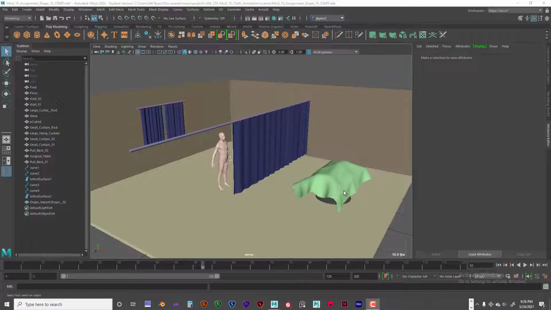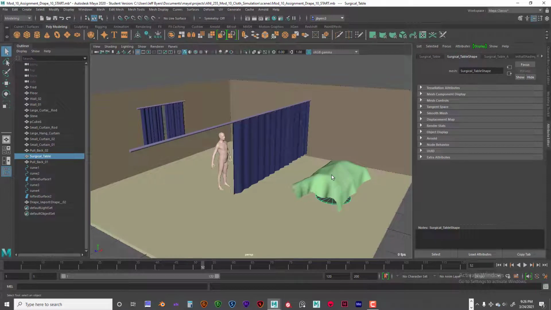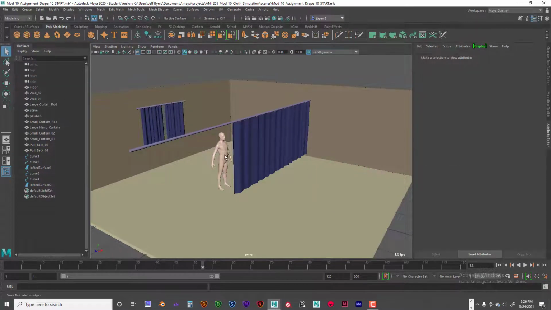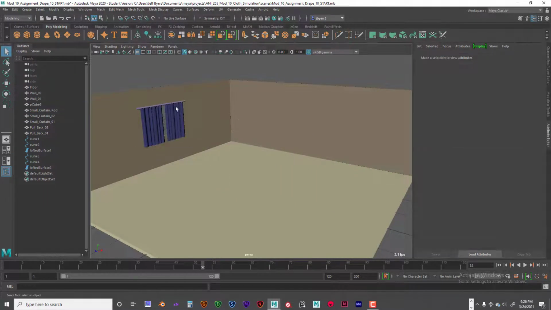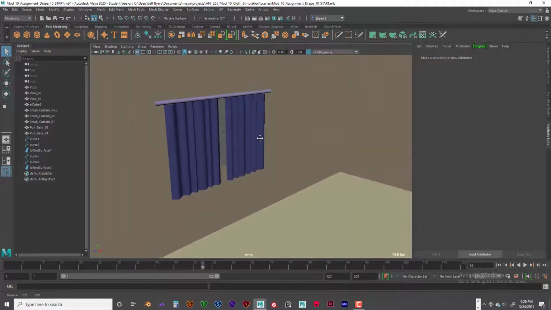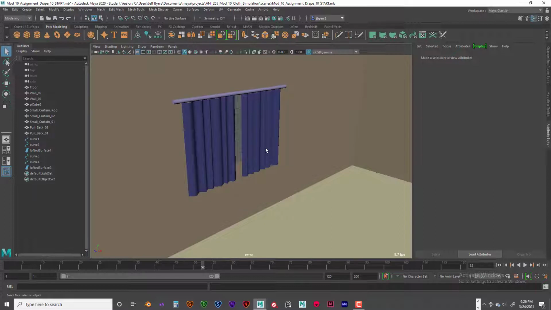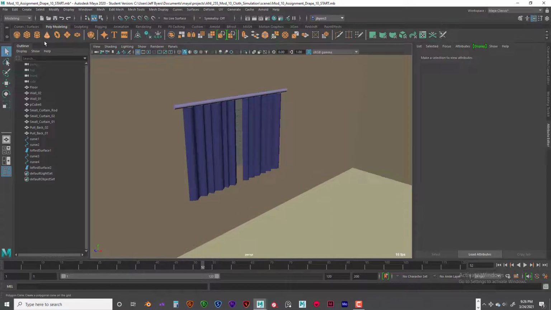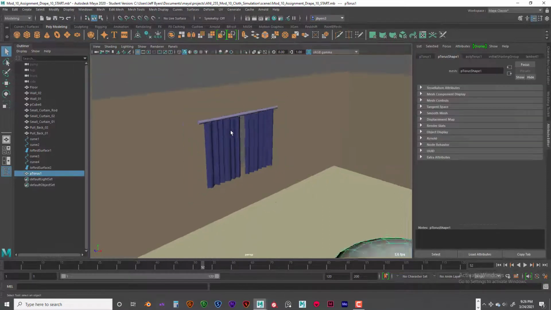So we don't need all of this stuff, so let's go ahead and get rid of all of this. Goodbye Fred, goodbye Steve. And now we're just left with this. Okay. So there's a couple things we could do. We can create some objects to work with this. Let's go ahead and create a